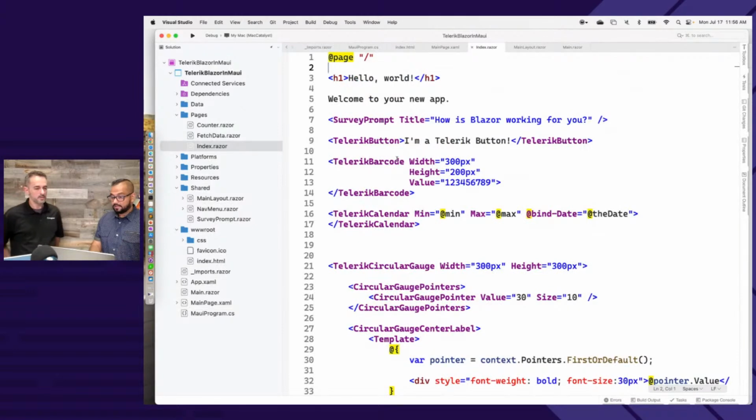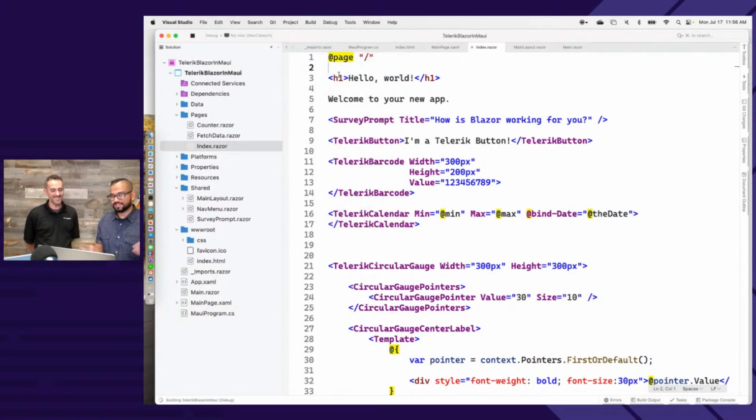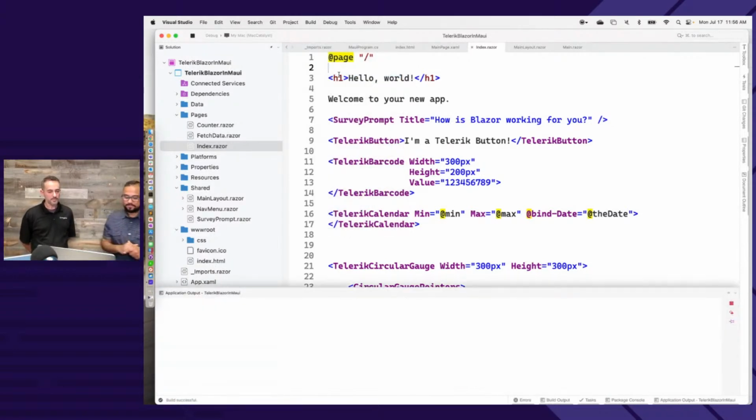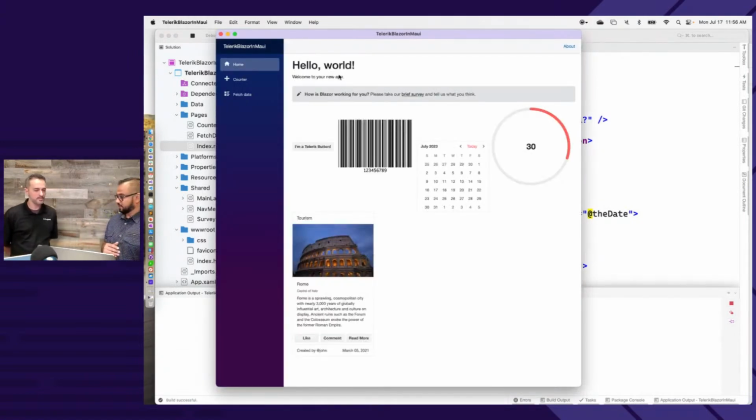Got it. But for my purposes, for the 4 or 5 components that I chose, it works fine because I'm not using any of those components. So, excuse me, I'm doing a build here. Out comes a Mac desktop application. It'll be the same exact thing for Windows or iOS or Mac or Android. So all of the web UI that you see for Blazor now just works on desktop.